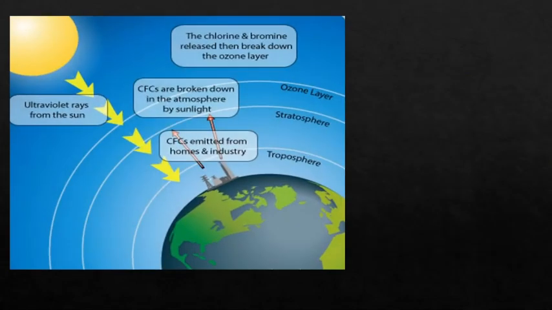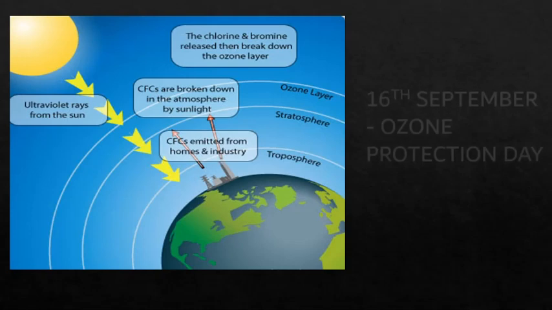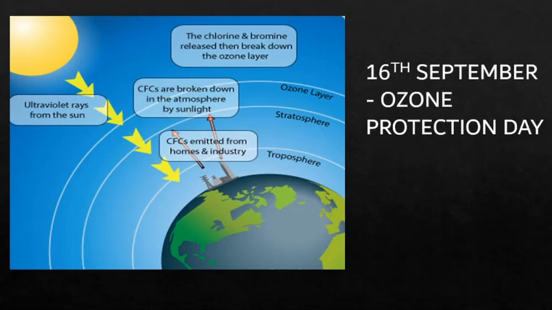The ozone layer is destroyed if chemical gases like carbon tetrachloride or chlorofluorocarbon, used in air conditioners and refrigerators, mix with the air. If the ozone layer is destroyed, the ultraviolet rays may directly enter into the earth and the survival of living organisms will be difficult. Now, to make everyone aware of the importance of ozone, 16th September is celebrated as Ozone Protection Day.